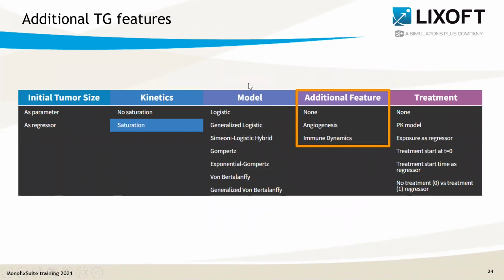So that was it for the tumor growth functions that are available in this part of the library. In addition, there is a module additional feature that allows to select among two additional features for the tumor growth. Actually, there are many different additional features in the literature, such as metastasis, for example. And in the library, we have included only two examples, angiogenesis, which consists in a dynamic carrying capacity due to the formation of vasculature as part of angiogenesis, and immune dynamics, which takes into account the control of the tumor growth by the immune system.